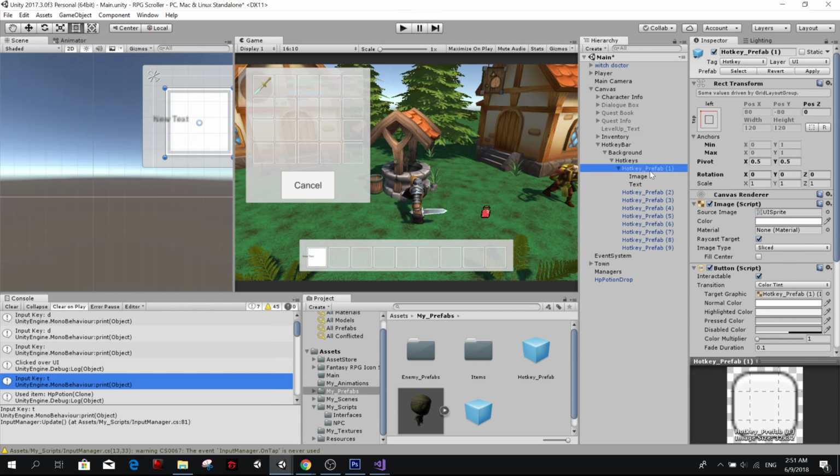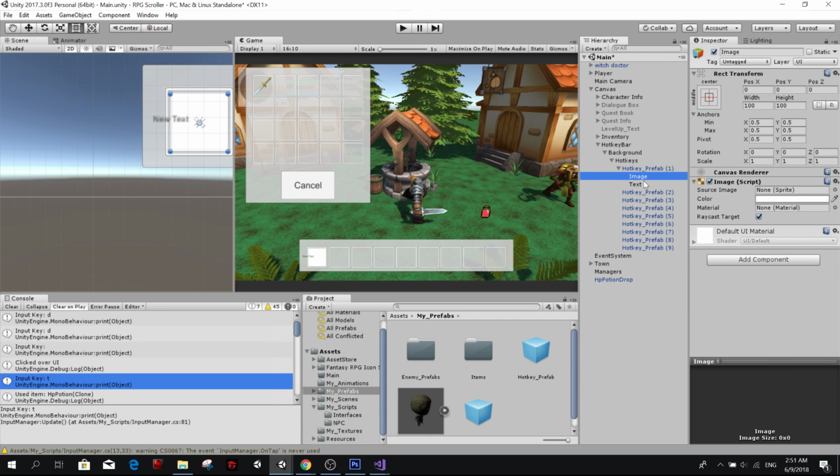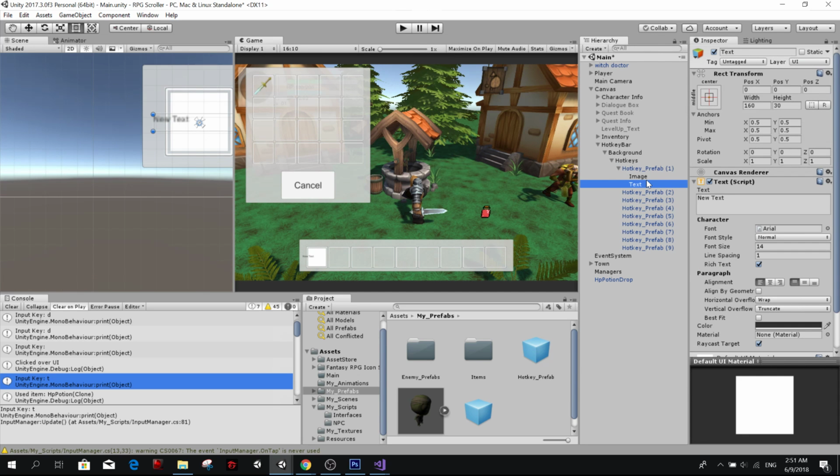Here we couldn't have used GetComponentInChildren for the image because the first component in the children is on itself, so we wouldn't have been able to get this one. So yeah, we had to use transform.Find. I'm going to rename this to quantityText. Actually, we shouldn't have removed that from the slots. Anyways,